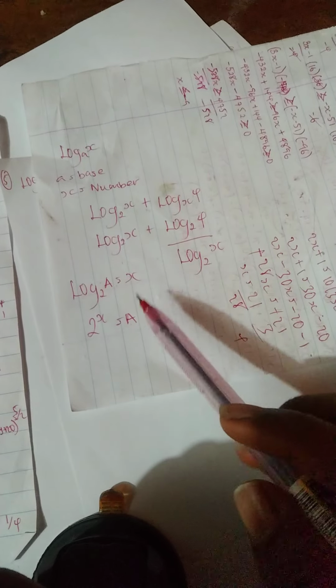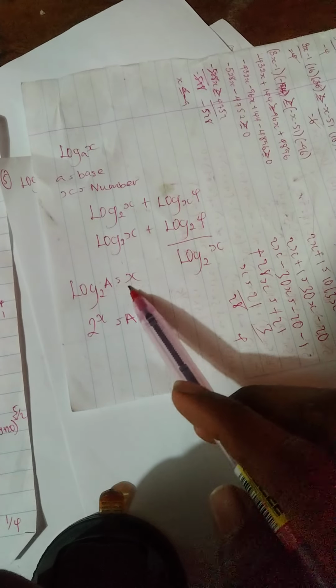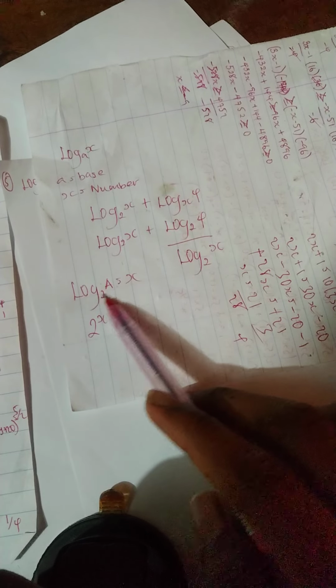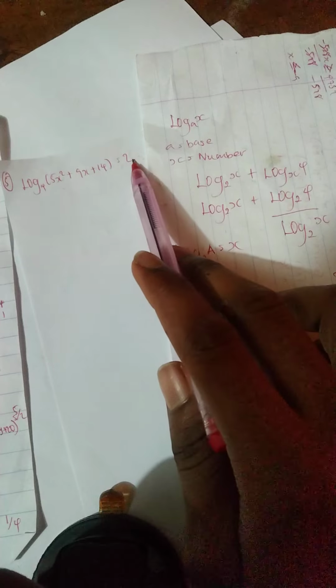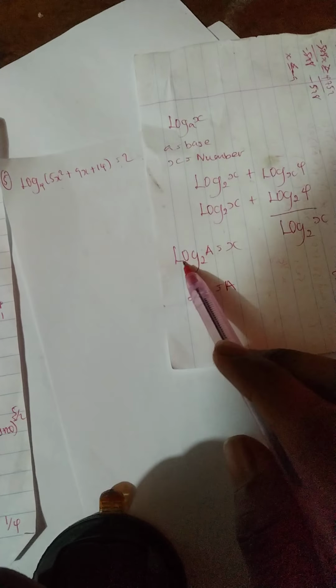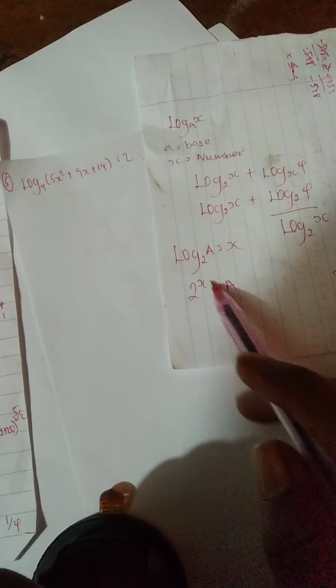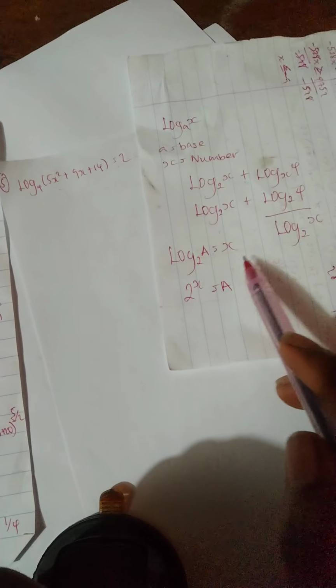I don't know if you have watched part 1. I told you how to get rid of a log when you have something like this. You see, we have a log of an entity is equal to 2. Here we have a log of an entity is equal to x. So we can apply the knowledge of doing this inside here. So to do that, we'll have